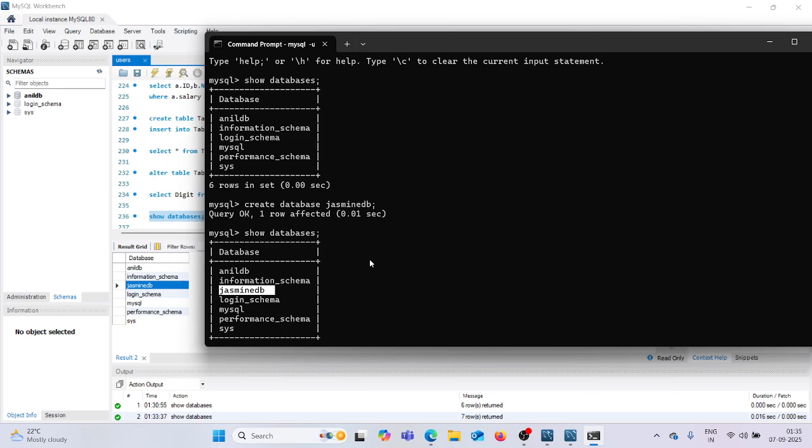MySQL Workbench shows things in a graphical, tabular manner, and MySQL shell gives output through the command line, the command prompt. That black screen is the command prompt and the white screen is MySQL Workbench. Hope you get it. Slowly we'll go towards more SQL commands, which will be covered in our next videos. So here I will wind up. Hope you get clarity on this.